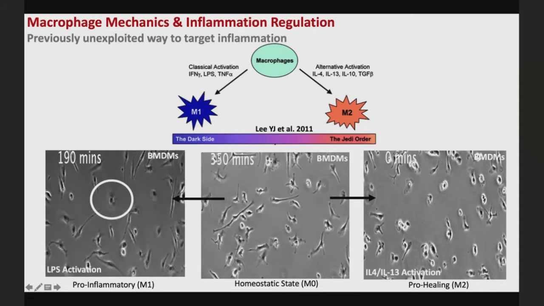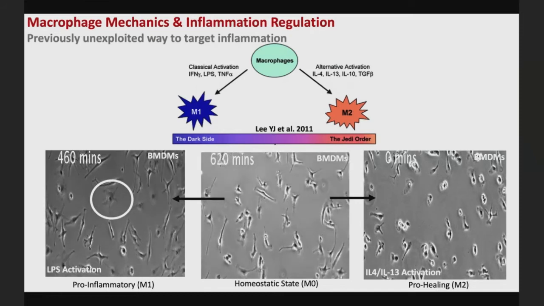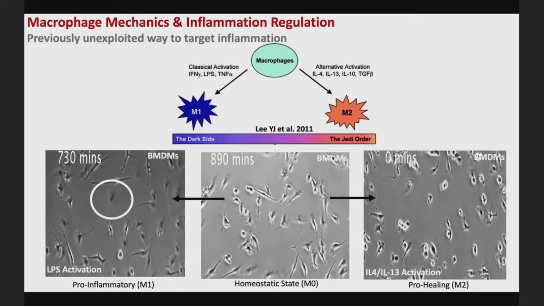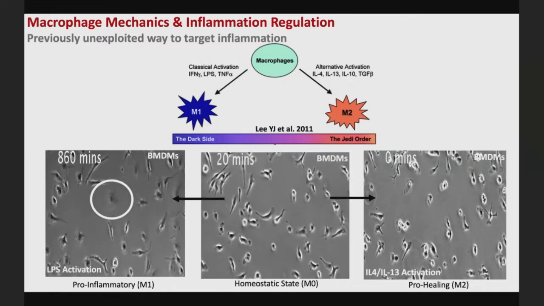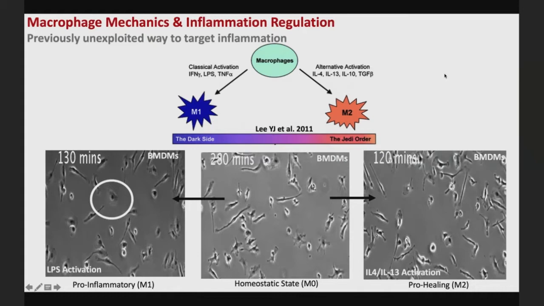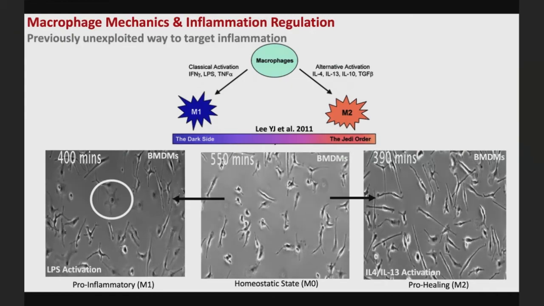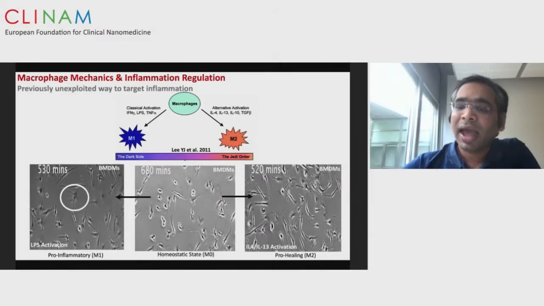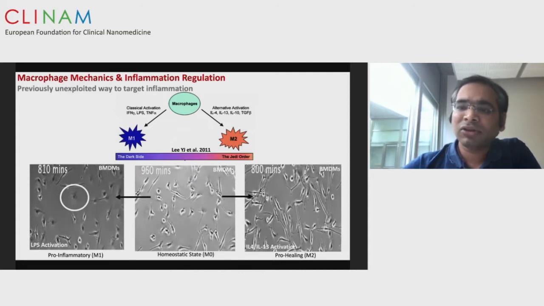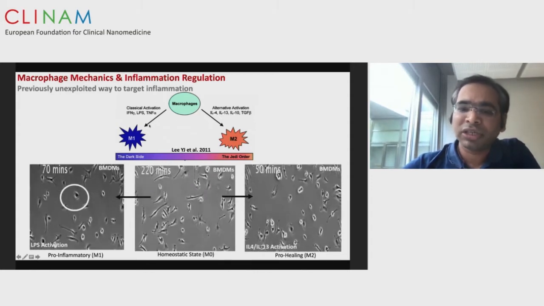As soon as these cells get the activation signal to enter this pro-inflammatory phase, they increase their spreading area more than 4 to 5-fold, become pancake in shape, and maintain this morphology for long periods of time. Contrary to M1, when these cells enter the process of M2, instead of increasing their area or taking a pancake shape, they become really polarized, throw out finger-like projections, and again maintain this morphology for a really long period of time, suggesting that there is not only a transcriptional change during macrophage activation, there is also a morphological change.